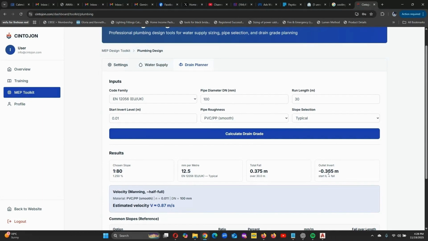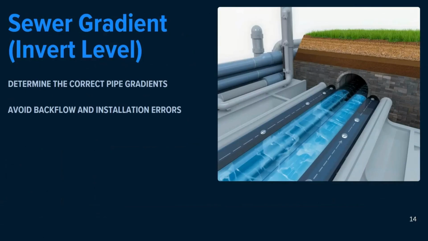Let's assume it's a septic tank. You're going to be losing about 0.365 meters fall, okay? Outlet invert. All right. So when you're designing your septic tank, you already know that you're losing 0.365, so you can account for that in the depth of your septic tank. And now you can see how we determine the correct pipe gradients, avoiding backflow and installation errors, all with the